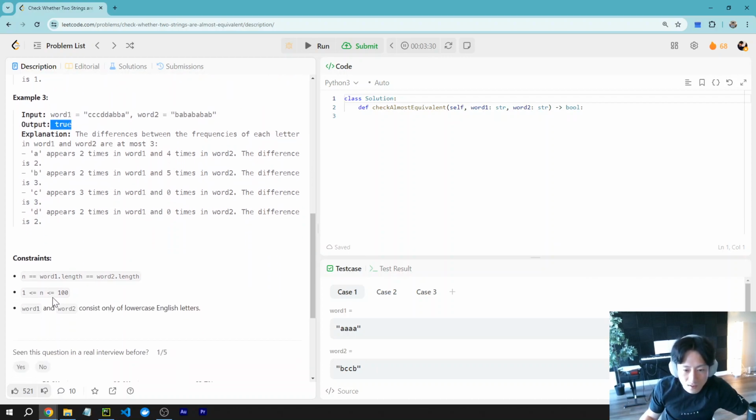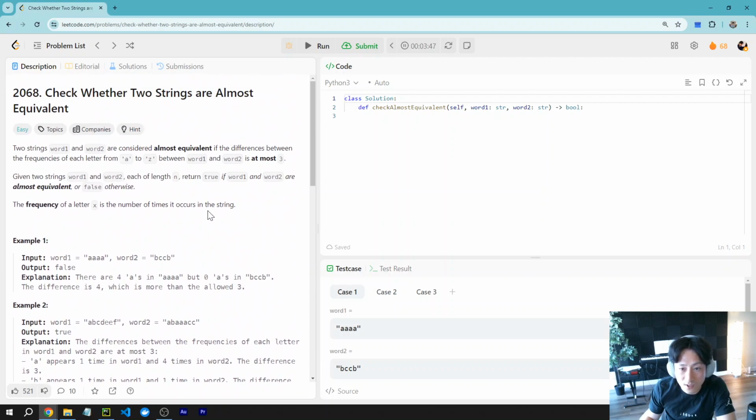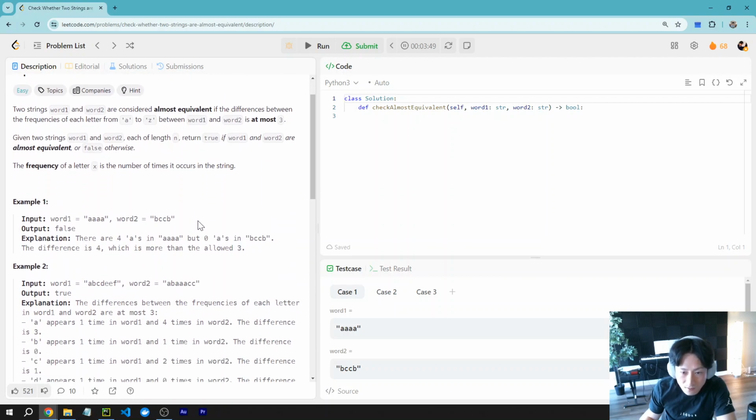Okay. And the length should be the same. And at the worst case, we are going to have a 100 length string. And we only have lowercase English letters, and I already spent almost 4 minutes. What should I do? So I think what I'm going to do is